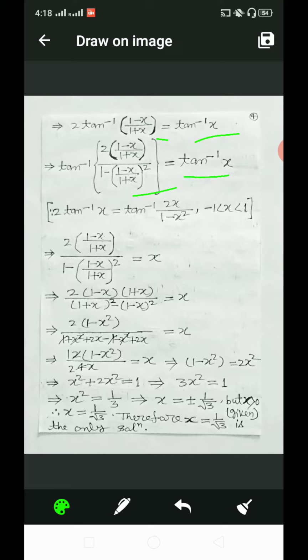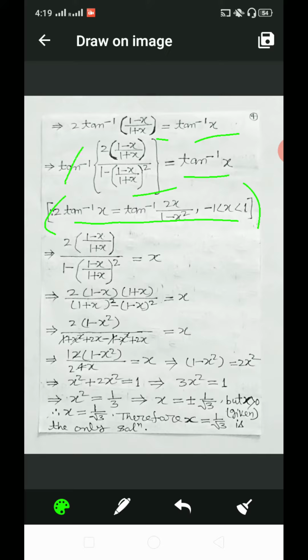Using the property here, 2 tan inverse x is equal to tan inverse 2x by 1 minus x square, where x belongs to open interval minus 1 to 1, that is minus 1 less than x less than 1, and this implies that 2 into 1 minus x by 1 plus x by 1 minus in bracket 1 minus x by 1 plus x whole square,